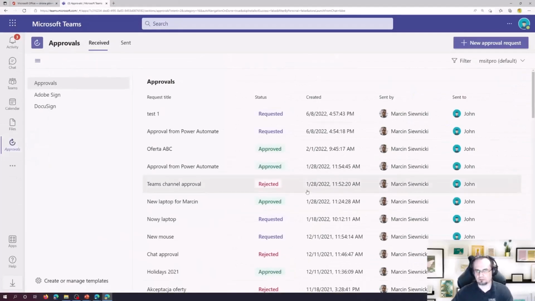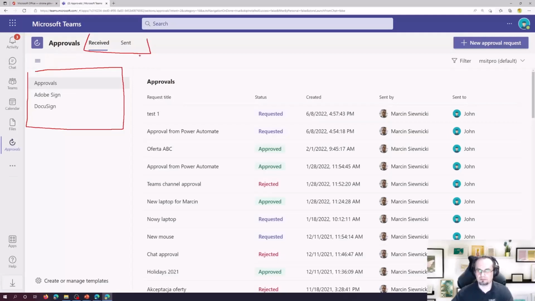So inside that approvals app, there is a left-hand navigation with different types of approvals. You have two main tabs, received and sent. So received displays all approvals created by you, and sent displays all approvals received by you, so created by someone else and sent to you. On the top right section, there is a new approval request button, so the main entry point for